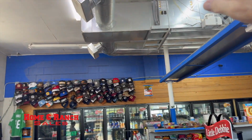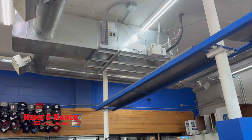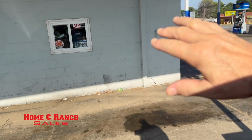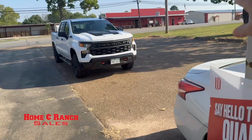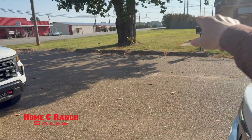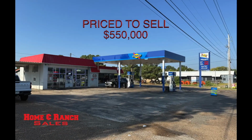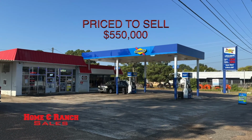You know, when they completely redid this store, they installed an energy efficient air conditioning system in the ceiling up there. The ceilings are over 12 foot tall. It does have a drive-through window right here, comes back out, and of course that's Highway 82 right out front there. The Egg House is across the street. I-49 is just right there, just right past the red light right up here. This convenience store is located in a great area at 2700 East 9th Street, just off the new loop of